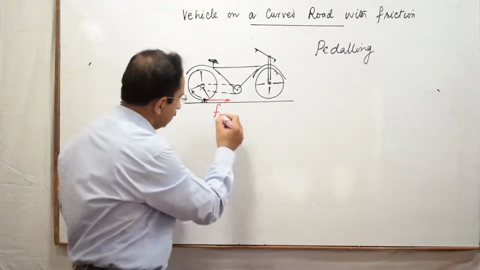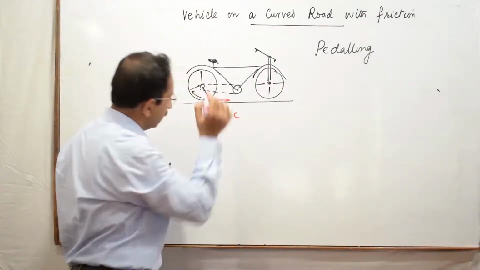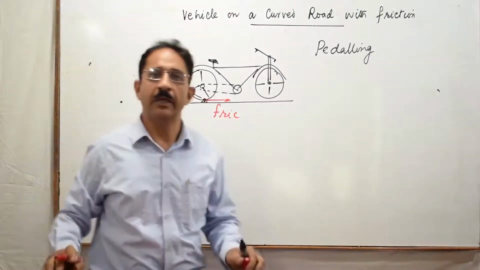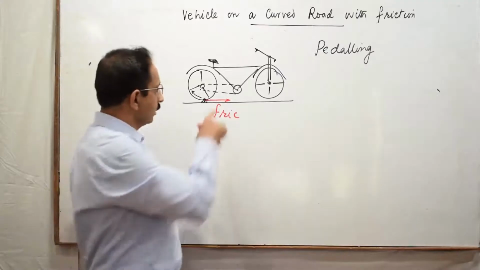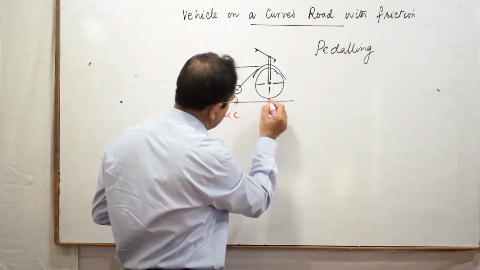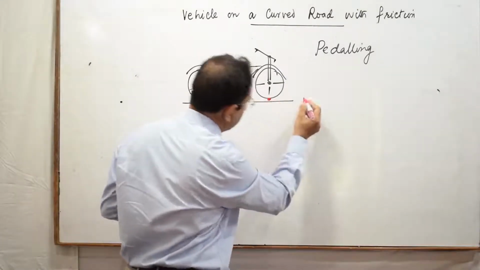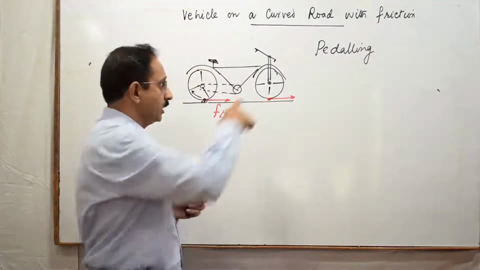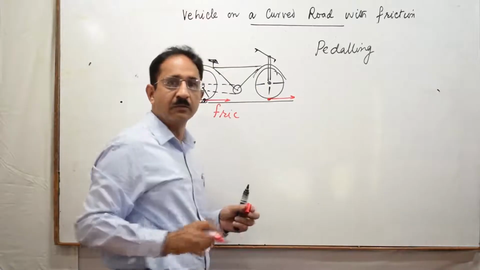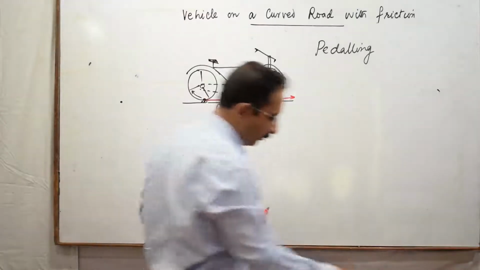So this is the direction of friction at the rear wheel. Rear wheel means पीछे वाले wheel पर. Now you may equally make an analogy like this कि चूंकि यहाँ पर friction forward act कर रहा है, the same should be the situation here. The friction should be acting in this direction at this point also, because ये भी anti-clockwise direction में घूम रहा है. Answer to this is no.